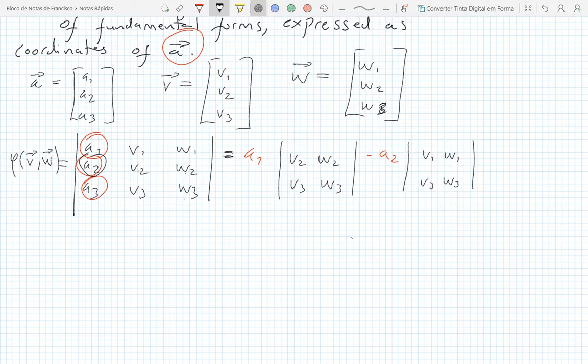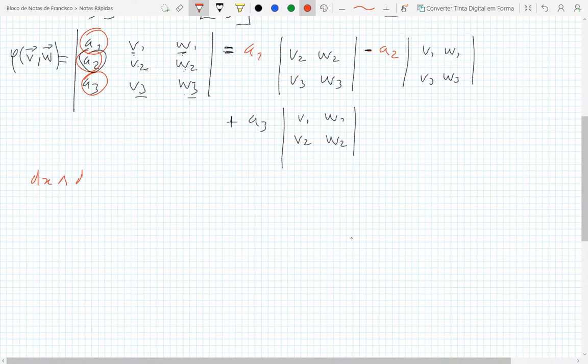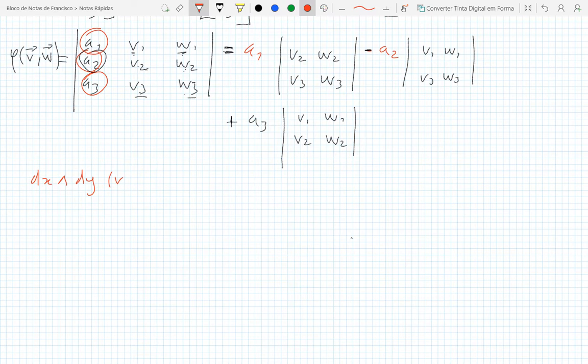So now that will be A2, right? We have a minus sign here. This is a determinant. So A2 times this one, this one, this one, and this one. Okay, the complements. Plus we have A3 times V1, W1, V2, W2. Now here I have to remind you that the dx wedge dy of vectors v and w